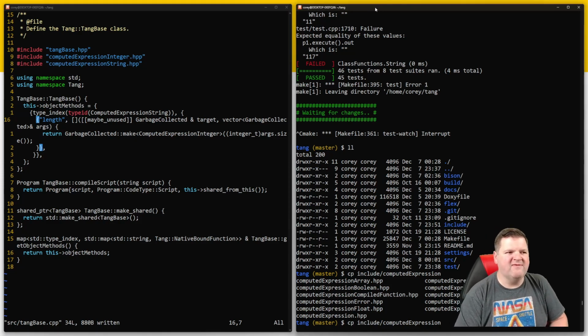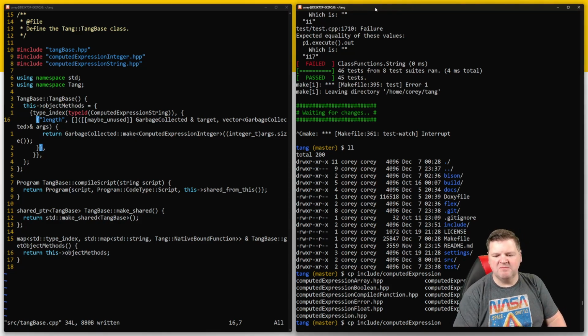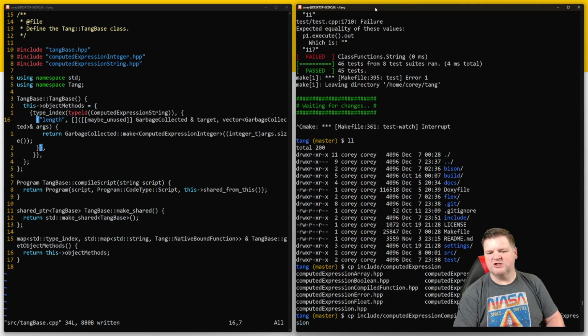I don't need native bound because our language doesn't support it, but who knows what it's going to do in the future. So I will say native bound function.hpp. Sorry, that should have been compiled function to include computed expression native bound